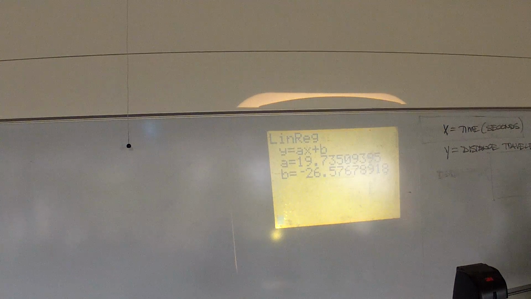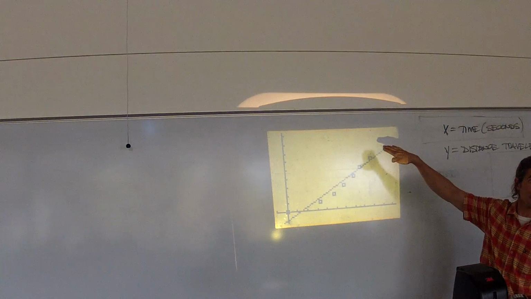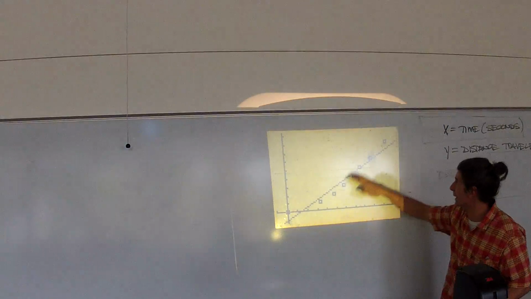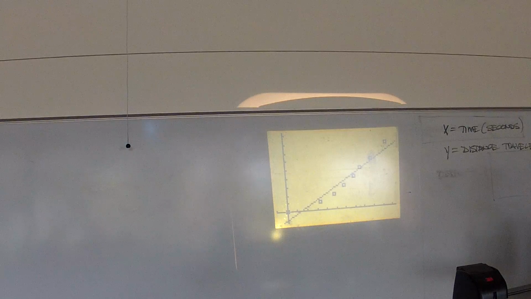If you stick it in y1 too, it'll do it. It'll say that's the best fit line. And there's the best fit line. The problem is that line does a crappy job of talking about what's actually going on. It totally misses the point that I'm getting faster as I spend more time on the bike going downhill. So it overestimates in the beginning and underestimates at the end. So, although it will find you a best fit line, this is why I make you make a scatter plot. So you look at the data and go, oh, look at that, it's curved. It's curved like a parabola.